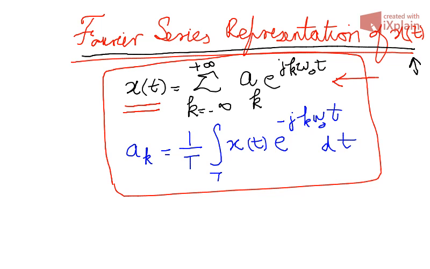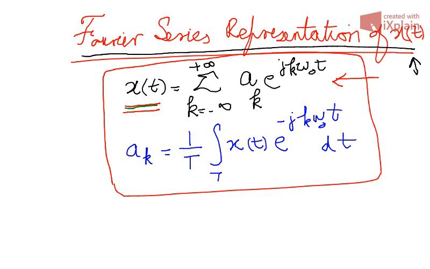x of t. Here we are assuming that it's a periodic continuous time signal, a time domain signal. And on the left hand side is x of t. The right hand side of this equation is actually a summation. You have a summation of complex exponentials, right? So you have basically a summation of complex exponentials, and